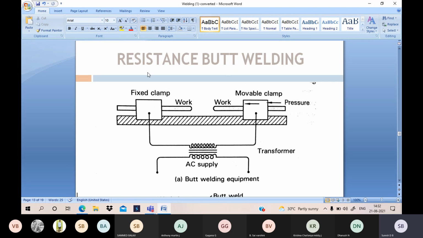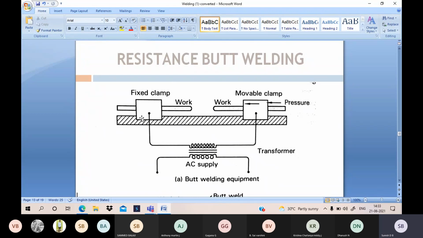Here in resistance butt welding, we are not using any electrode. Due to external force or external pressure, we are joining both the pieces. Without an electrode, both the pieces are rigidly joined. Only in this condition we are not using any consumable or non-consumable electrode. Due to external force or external pressure, the side surfaces of both the pieces are rigidly joined.